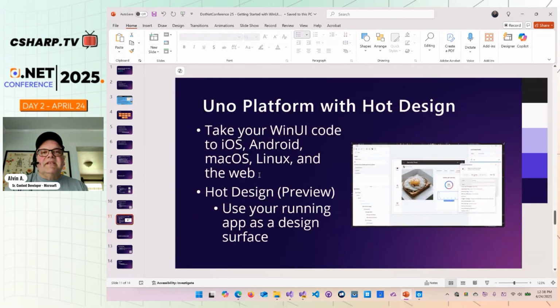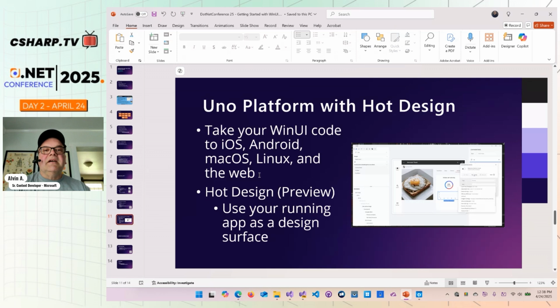And we won't be able to get into Uno Platform, but I can explain quickly. So Uno Platform is a multi-platform solution, kind of like .NET MAUI, but it can also run on Linux and on the web with WebAssembly. So you can create a single code base that runs on iOS, Android, Windows, Linux, just about any platform, all from the single code base. And the XAML used in Uno Platform is WinUI XAML. In my book, in the one chapter where I show an Uno Platform demo, I just take my WinUI code and I copy and paste it into an Uno solution, and it's the exact same code